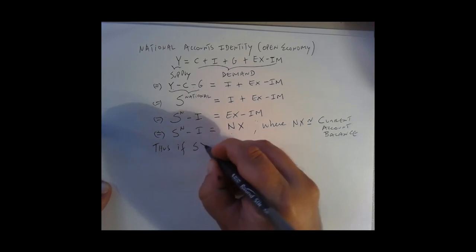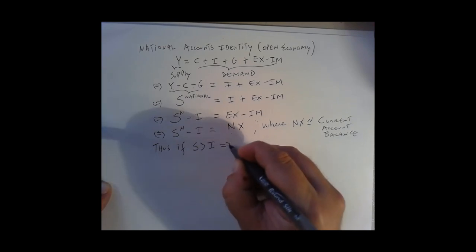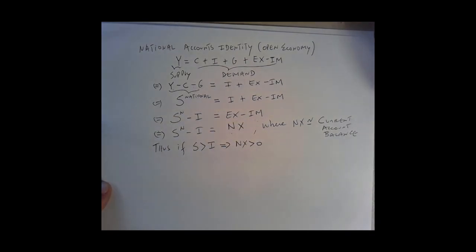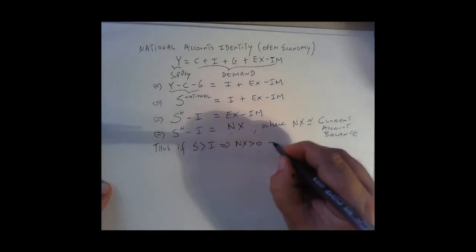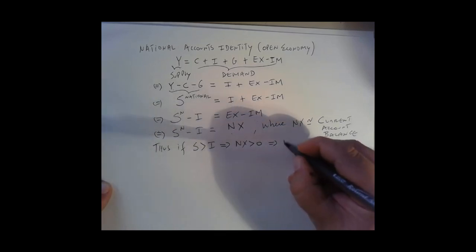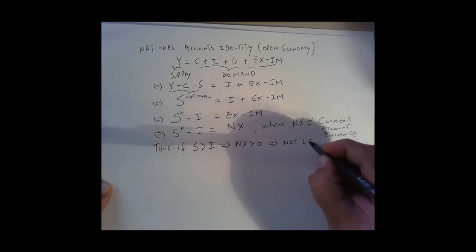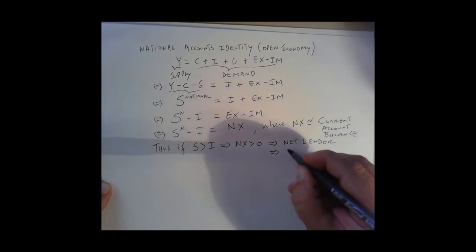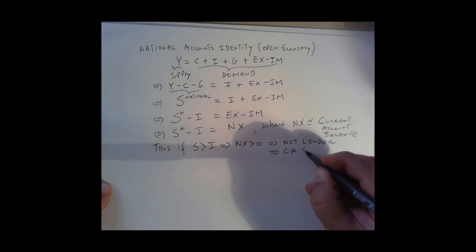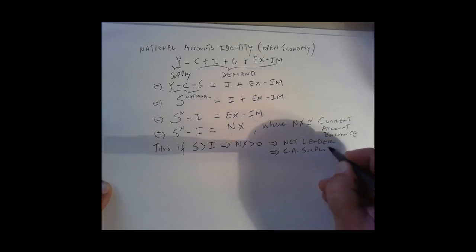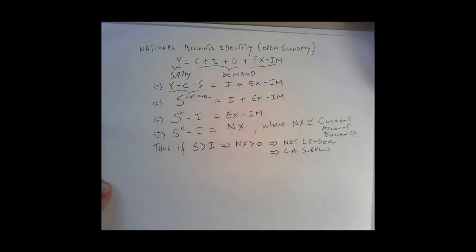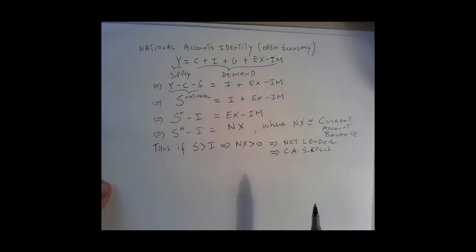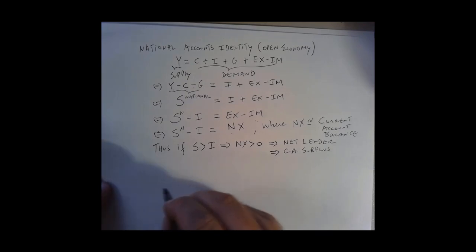So, if savings are greater than investment, this implies that net exports are positive, meaning that the country is a net lender, meaning that the country has a current account surplus. And this is, for example, the case of Germany and the case of China. If